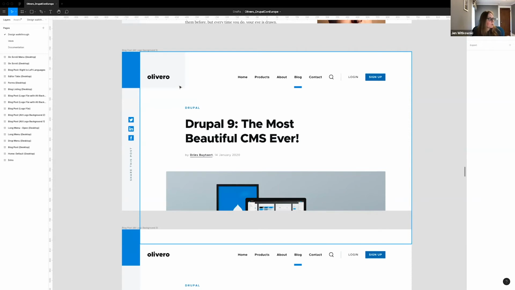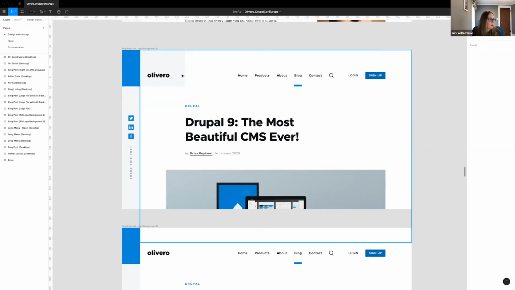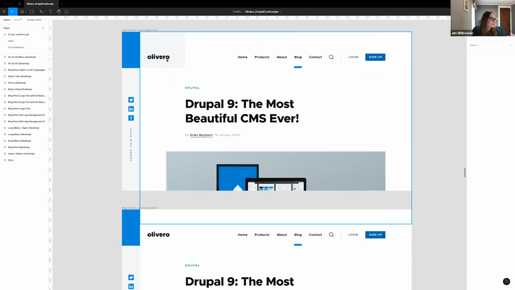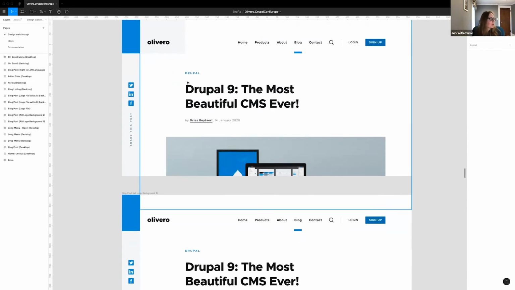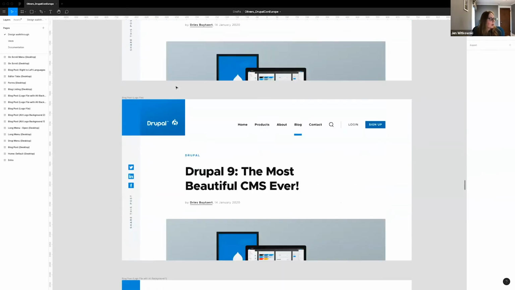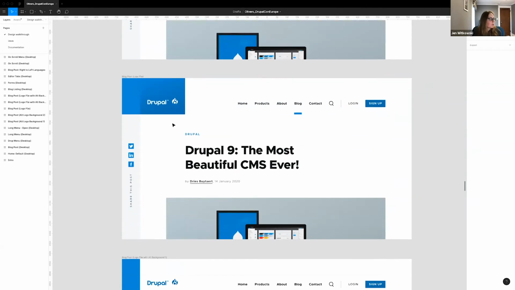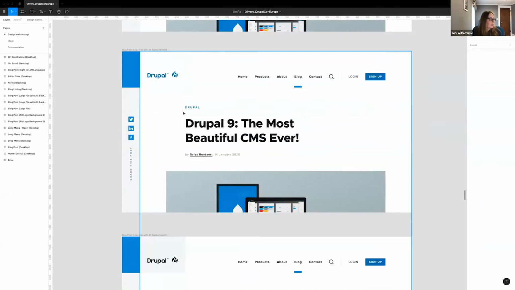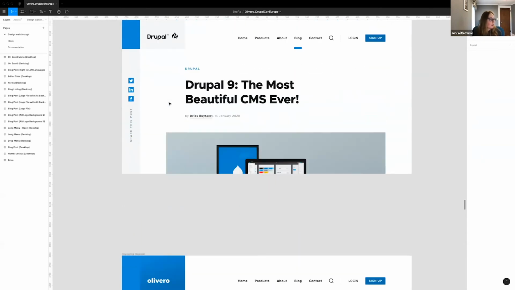So what we did is we created different background colors that the logos and branding could appear on. So for darker logos and branding, we have lighter colors. So we have like a lighter gray background and a white background. But if you have a lighter logo, you have a darker background, such as this blue color here. And this is just showing that it works with logos and with typography.